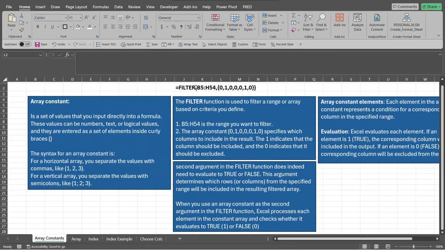For the second argument to the FILTER function, I have curly braces, and within that I enter a combination of zeros and ones, and you'll understand what these mean shortly. So the syntax for an array constant, now for a horizontal array, meaning that you separate the values with commas, as you see here, I have 0, 1, comma 0, comma 0, etc. So what this will do in this FILTER function, as you will see in an example, it will spill the results horizontally